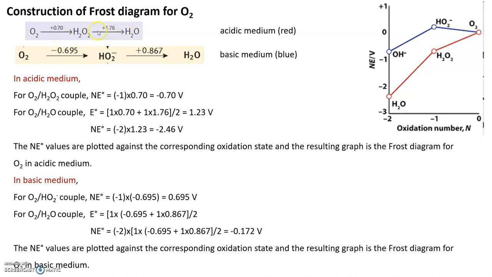Now for this, if I consider acidic medium, what will happen? In case of acidic medium, we will calculate the N E0 value for each couple. That means here oxidation states 0, -1, -2. For acidic medium, the N value for this is -1, that means -1 into 0.70. Then the value of this is -2 to 0, that is -2 into this potential. This potential, if not given, we have to calculate as per the Latimer diagram, and the calculated value is 1.23. So I will multiply it by -2 into 1.23, that is 2.46.